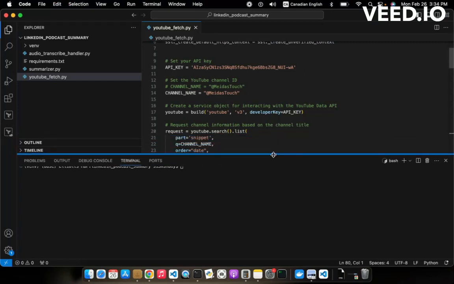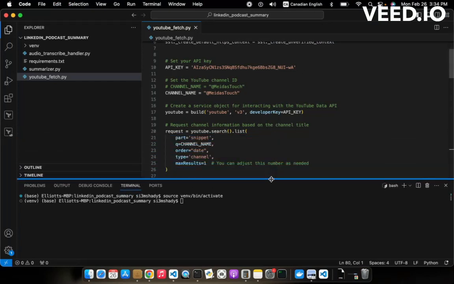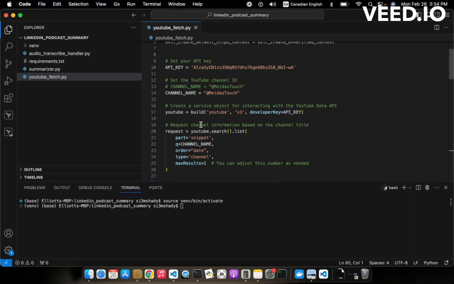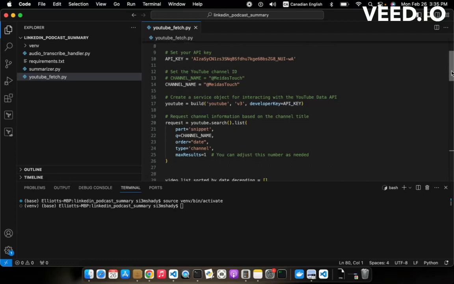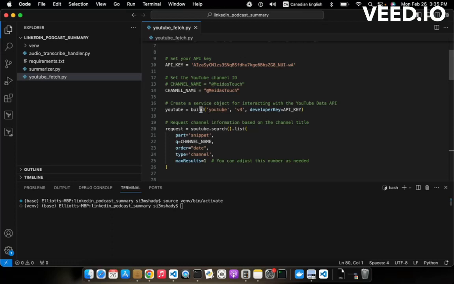Now I'll link in a documentation that explains how to set all of this up, but basically we want to create a service object for each. So basically, this is the engine that's going to be performing all of the searches in the Google API. So this is just from the documentation. Okay, so we just need to create this build object and pass it the developer key, and with that, we're able to search any channel that we want,